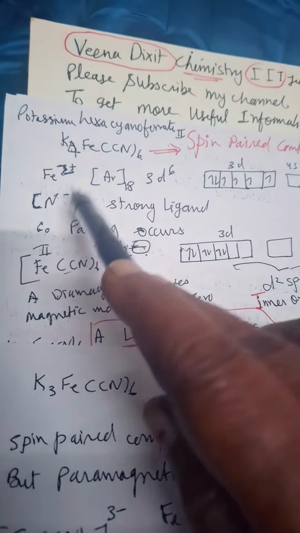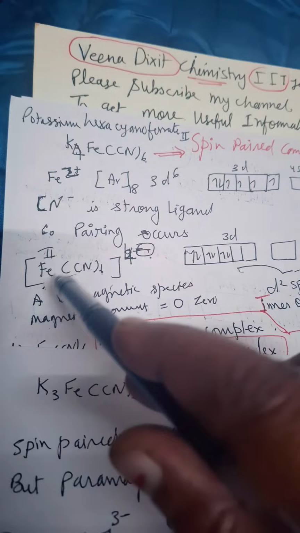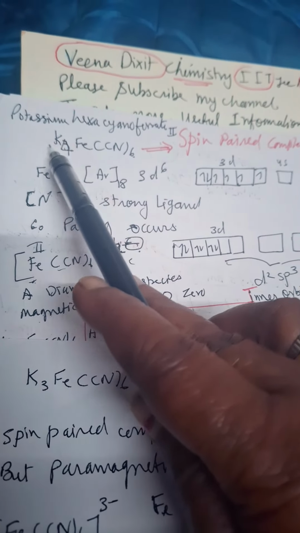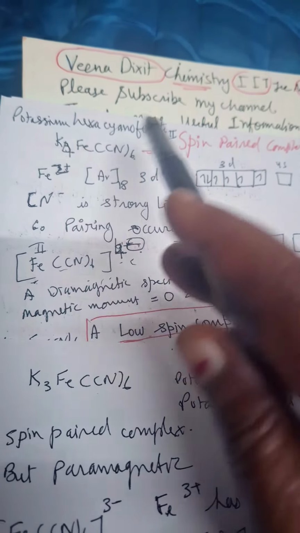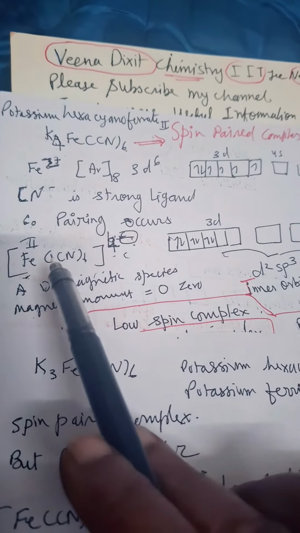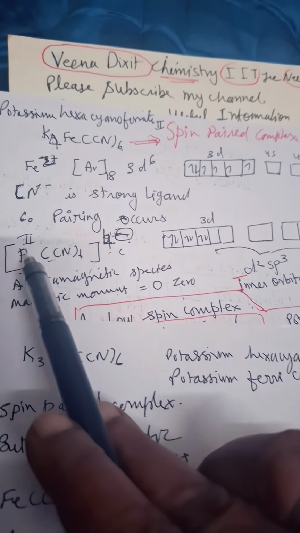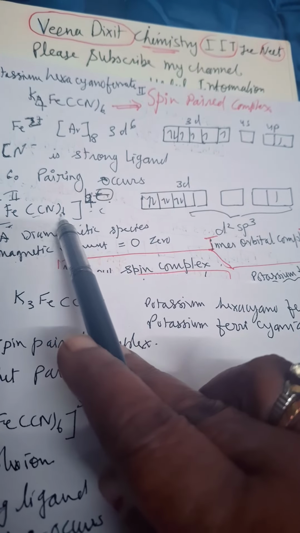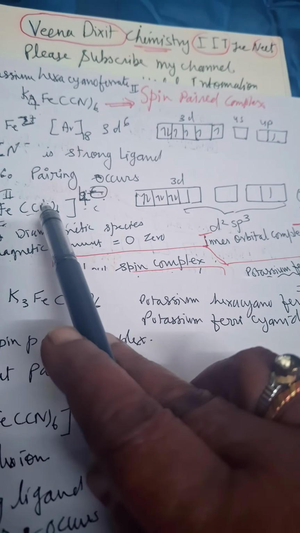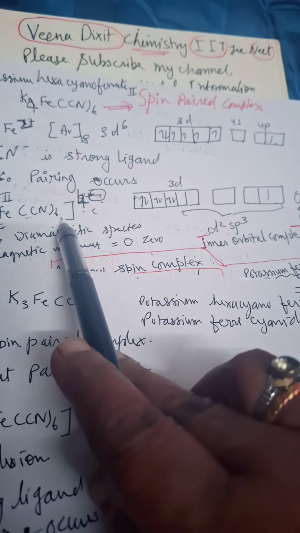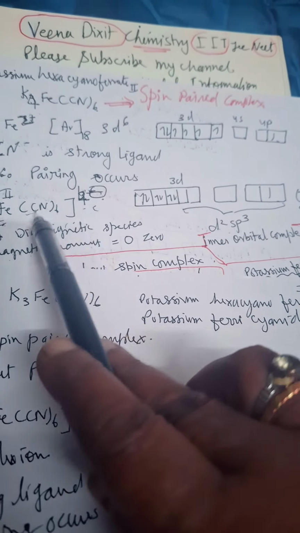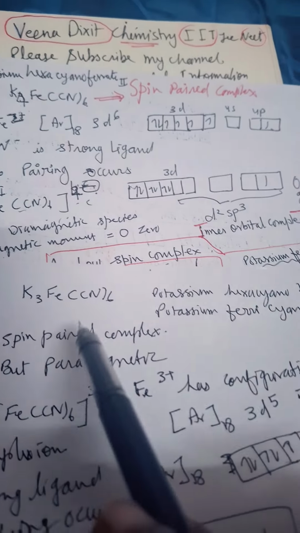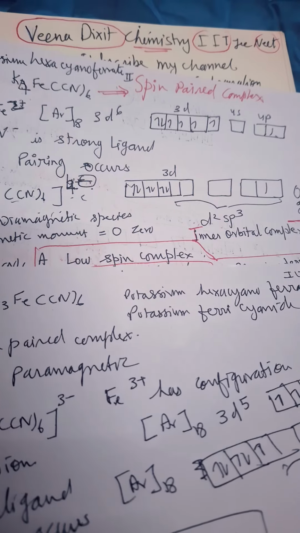Why is it so? Because K4 is there, it will ionize: the [Fe(CN)6] ion carries 4 negative charges, which is balanced by the 4 positive charges on K. K is 1 positive multiplied by 4, so 4 positive, that is why I have written K4 here. So when iron has 2 positive charge, only then will it become 4 negative, because 6 negative are here. 1 CN carries 1 negative charge, there are 6 CN, so 6 negative charge, so 4 negative will be the complex ion. Since it is negatively charged, that is why we are saying ferrate. In both the cases we are saying ferrate, because the complex ion is negatively charged.